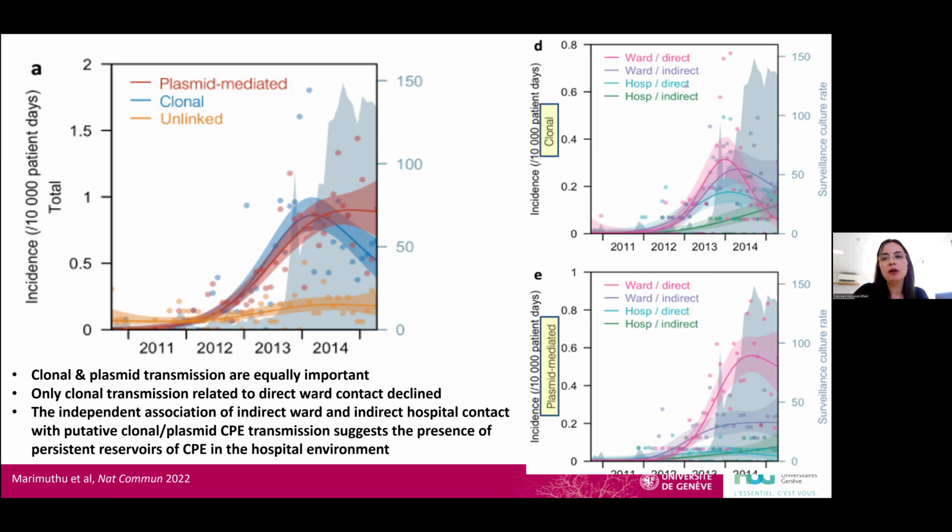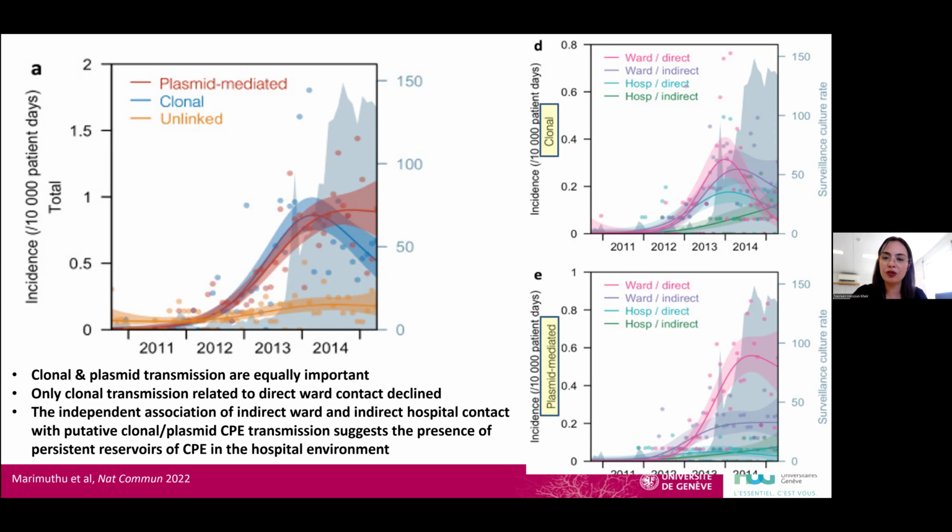Aiming to stop the transmission. Another important finding was that while clonal transmission decreased, and that was associated with direct ward contact, so patients were in the same ward at the same time and there was a direct link, other clonal transmission events and plasmid-mediated transmission events were not associated with direct or indirect hospital transmission, meaning that these transmission patterns were not affected by IPC measures, and there might be persistent reservoirs in the hospital